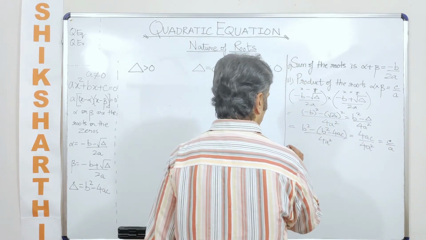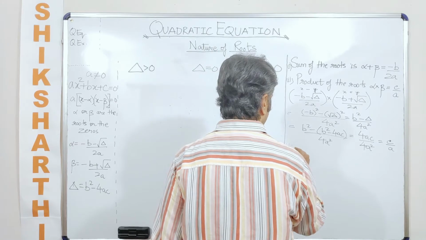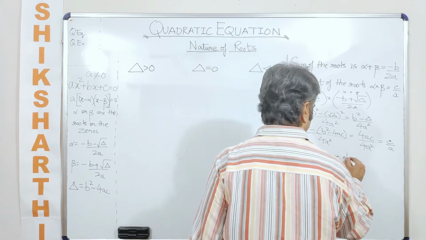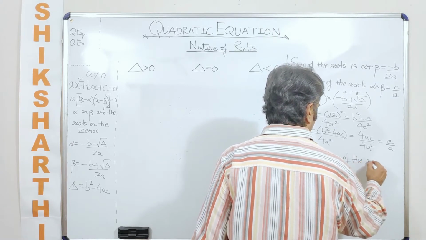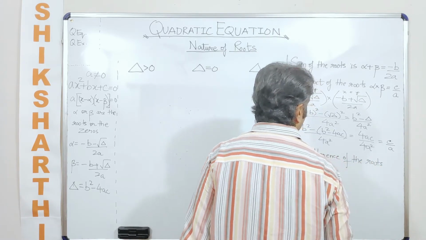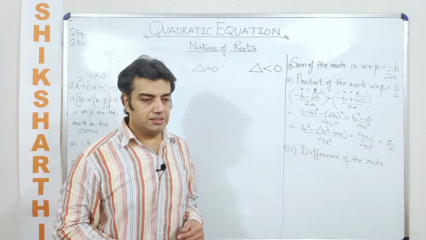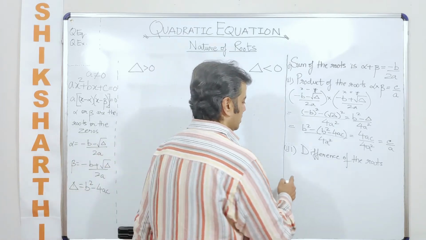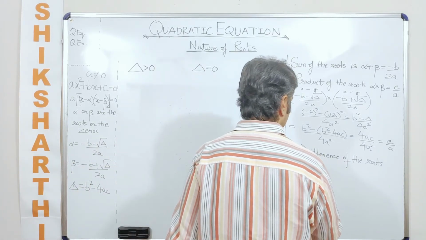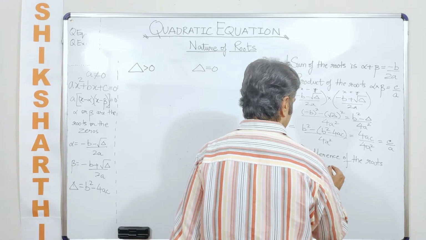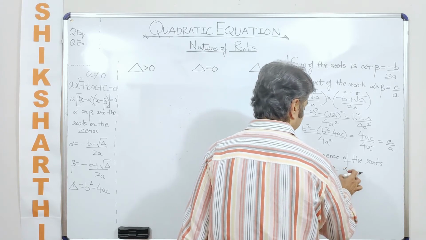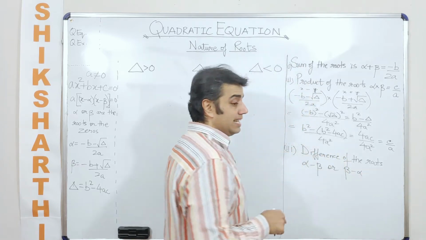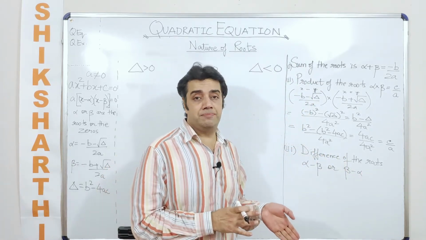Okay. Now, we already know this. The thing that we don't know is, we can also talk about the difference between the roots, right? So when you're talking about the difference of the roots, if somebody says the difference between alpha and beta is how much? You will not only take alpha minus beta, you will say alpha minus beta or beta minus alpha, because it does not say subtract beta from alpha.